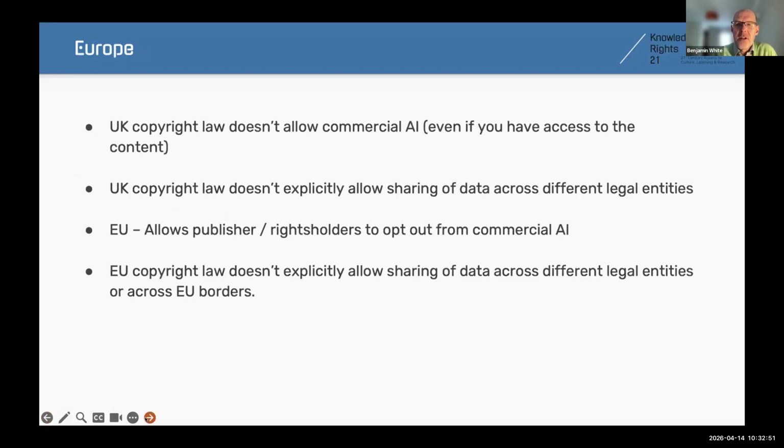This contrasts heavily with Europe. UK copyright law doesn't allow commercial AI at all, even if you already have access to the content. And similarly, it doesn't allow the sharing of data across legal entities. So I don't know what AstraZeneca did and what Oxford did, but